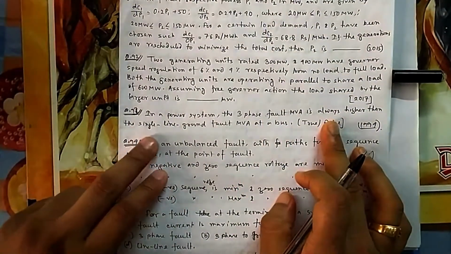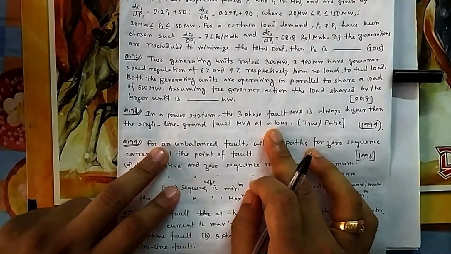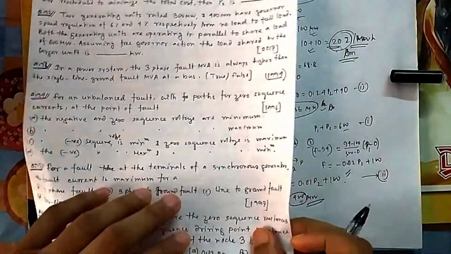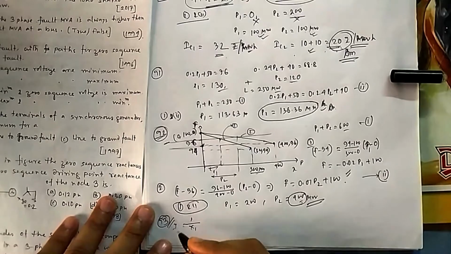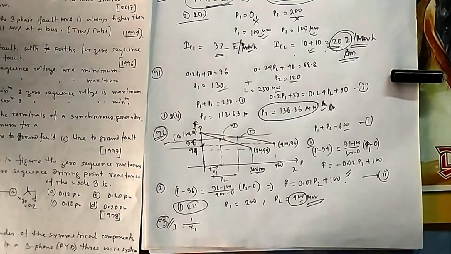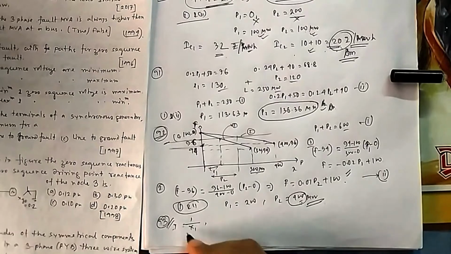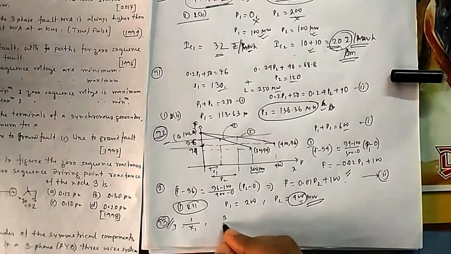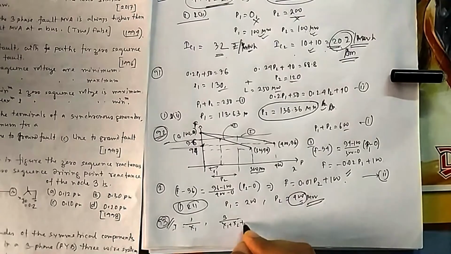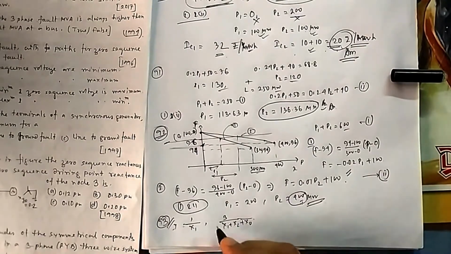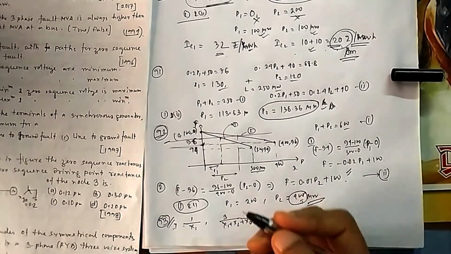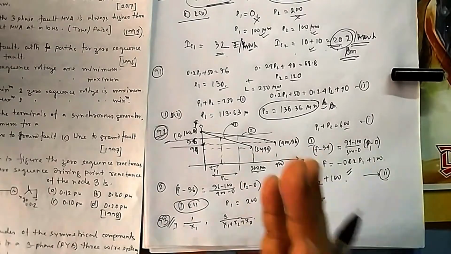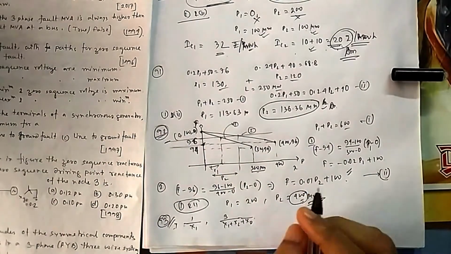Now if you come to question number 93, in a power system, 3-phase fault MVA is always higher than single line to ground fault MVA at a bus. Always, they are asking. So what is your 3-phase fault MVA? If you take fault current IF, that itself becomes fault MVA, because your voltage we take as 1 per unit. So your fault MVA in case of 3-phase is this one, and in case of single line to ground fault it is x1 plus x2 plus x0. Because here IF is equal to 3 into IA0, your fault MVA is IF into VF, VF you consider 1, that is the pre-fault voltage that we consider.